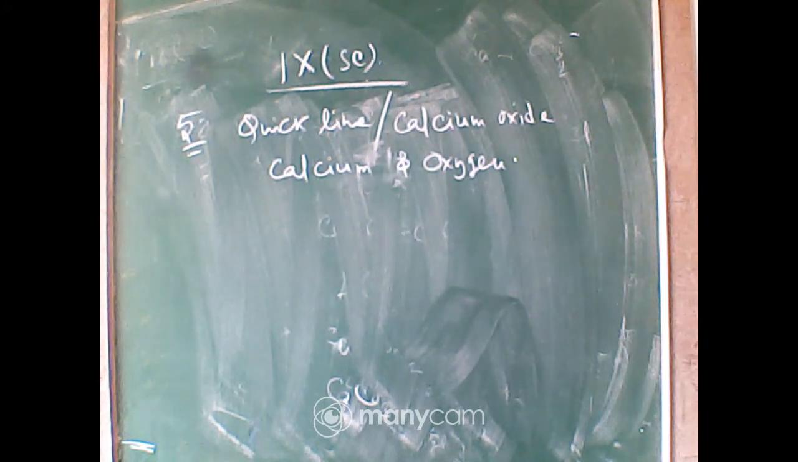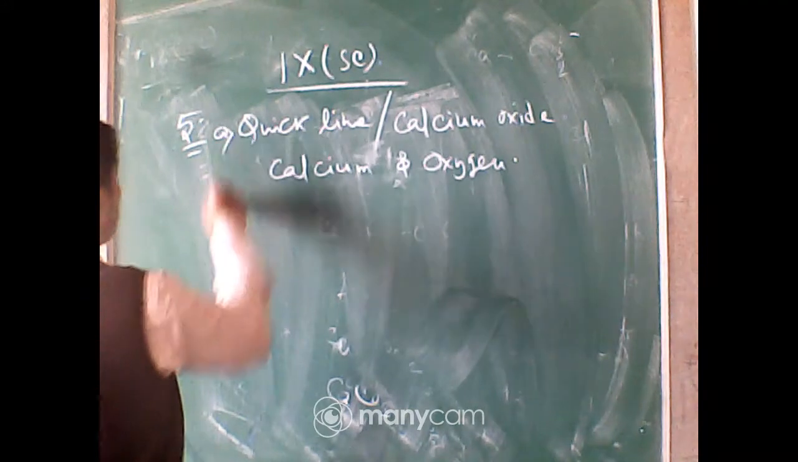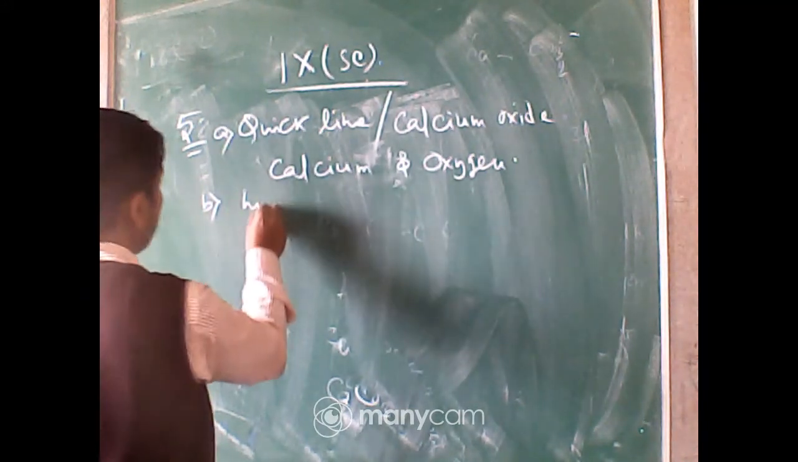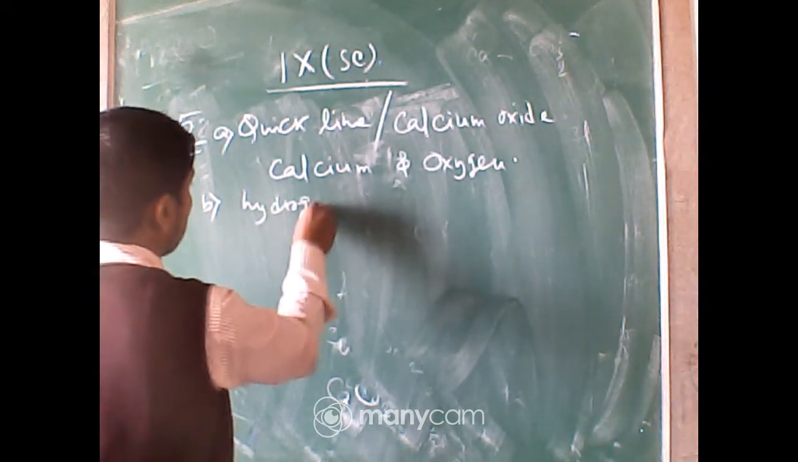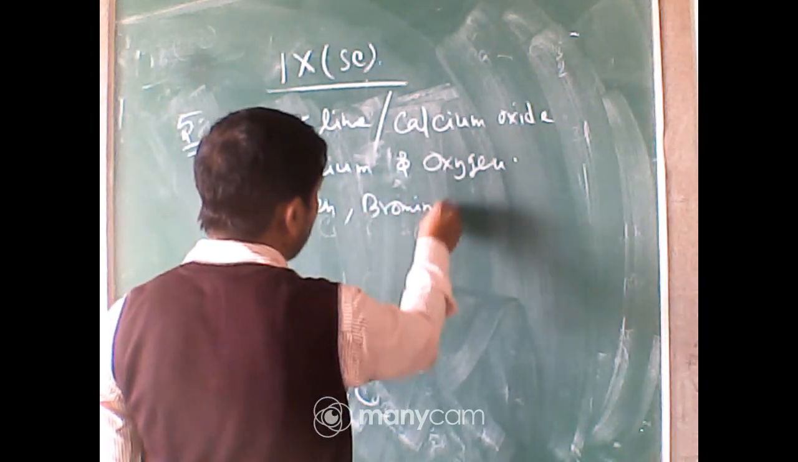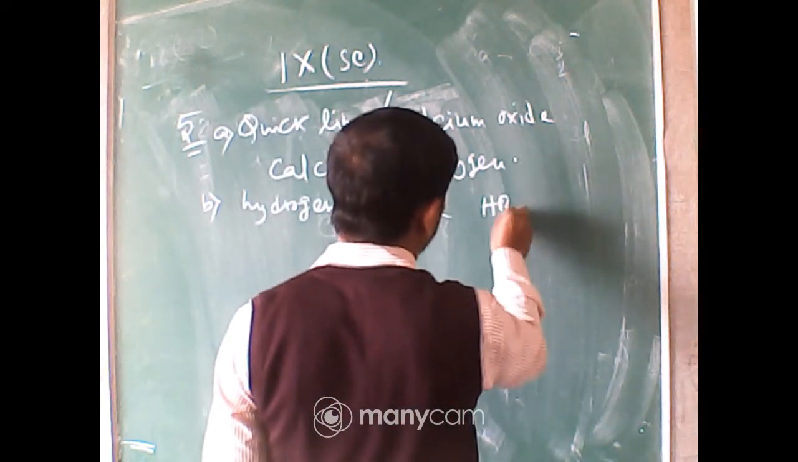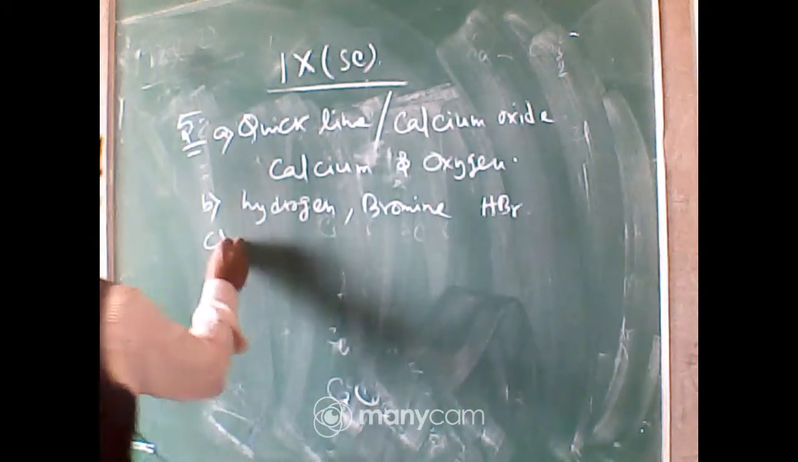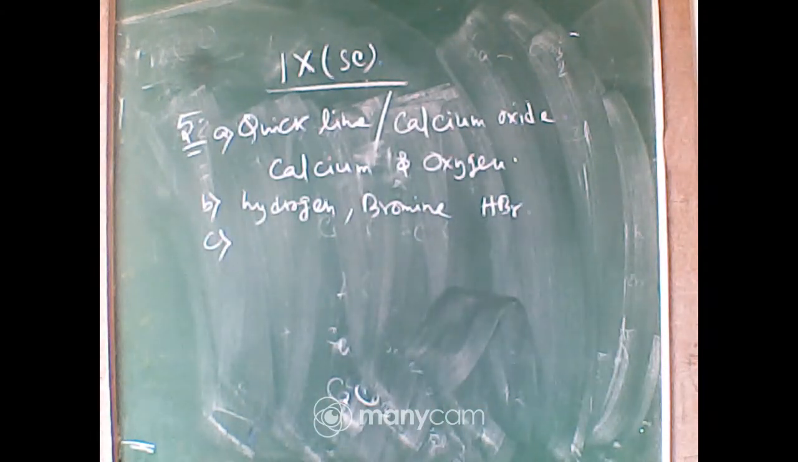Next one, hydrogen bromide. Hydrogen and bromine. The formula is HBr. Number C is